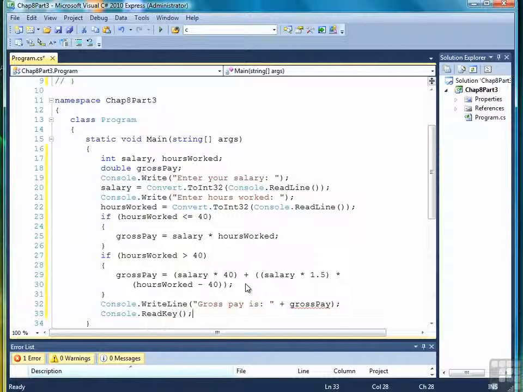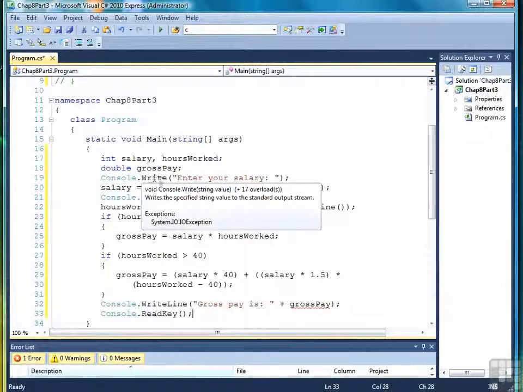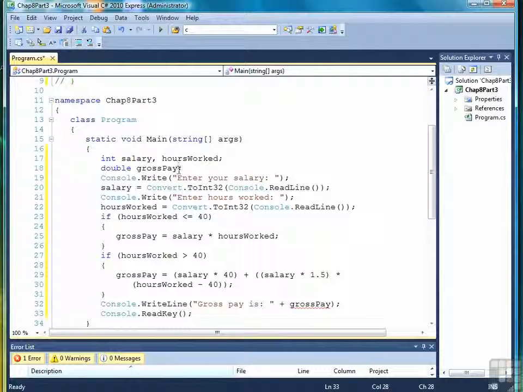And yes, I see the error. Okay, here's the problem here. Notice that gross pay is declared but not assigned a value. The values are assigned to it, possibly here and possibly here, but the compiler can't say for sure in which if statement value is going to be assigned. So what we need to do is go ahead and initialize it to a value 0.0, and